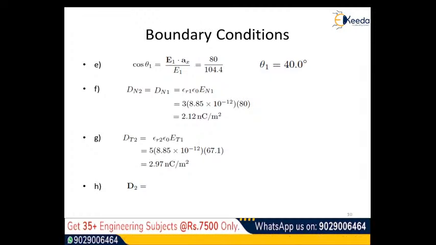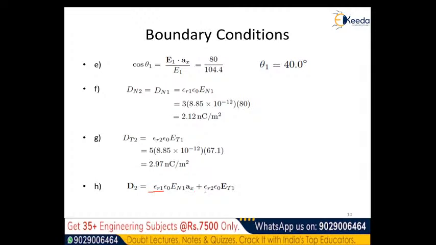By using the boundary conditions, we can make the substitutions and use D2 is equal to epsilon R1 into epsilon 0 En1 into ax, added by epsilon R2 into epsilon 0 into Et1 here. So we have the values to substitute here. So in this particular part, if we substitute the values of the relative permittivities of the mediums for region 1 and region 2,